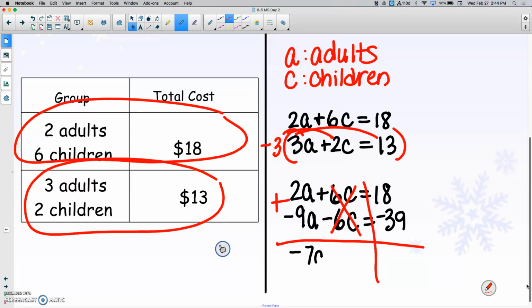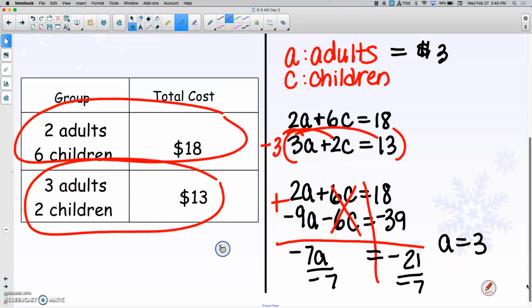Adding will give me -7a, and then -21. Dividing gives me adults, 3. So number of adults, or not number, but price for adults, $3 each. And then I can figure out the children, 2 times